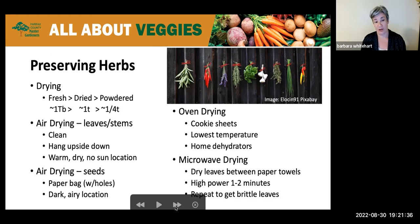Some herbs are easier to dry than others. There are some leaves, though, that have a little bit more water content, like basil, tarragon, and some of the mint family leaves that may mold or discolor if not dried quickly. So just be sure that you're monitoring that. To air dry herbs with seeds, tie the herbs in small bundles and suspend them in a little paper bag with holes punched in the side. And you suspend that bag in a dark area, again with good air circulation,